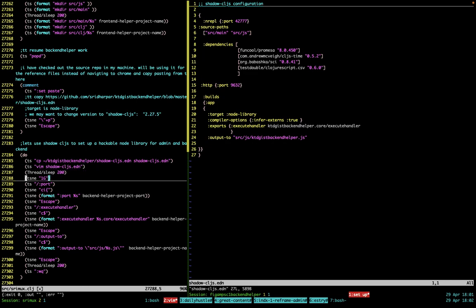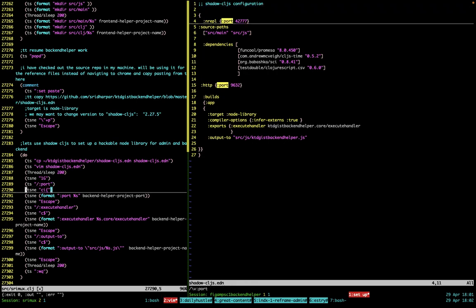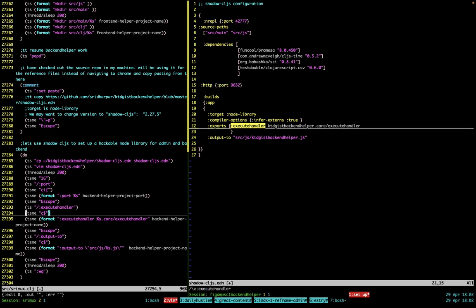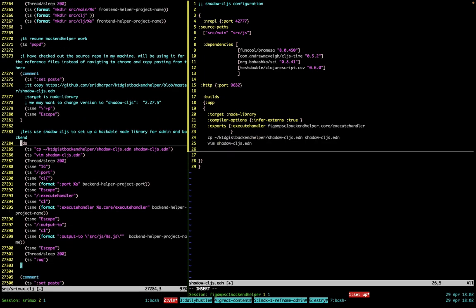I make sure that the port is the one that we had set up earlier. It outputs to our